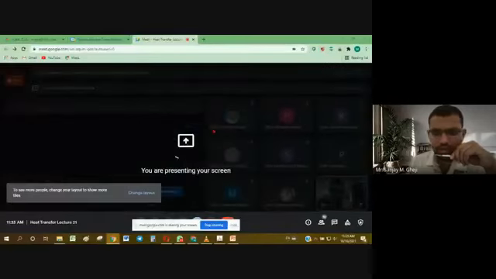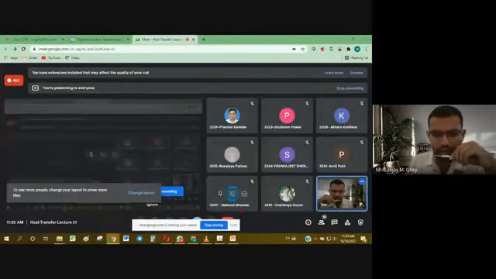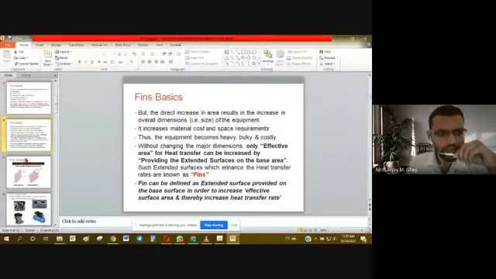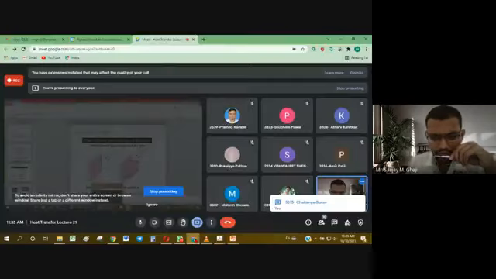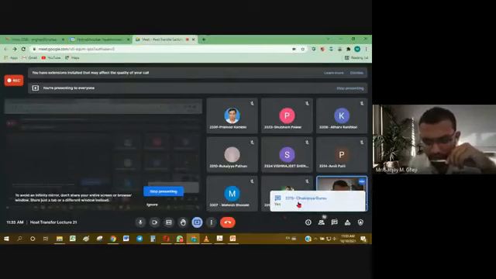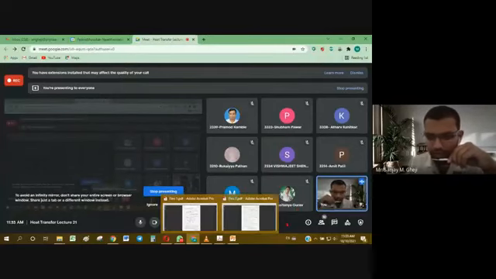Okay, so basically let me now share my screen so that all of you will have some view. I have started screen sharing. It will take some time to show effect. So just give me confirmation, are you able to see the change of screen? Any one of you? You can say yes or no. Yes, sir. Yes. Okay. Some people are saying yes. I hope it is all right for everyone.